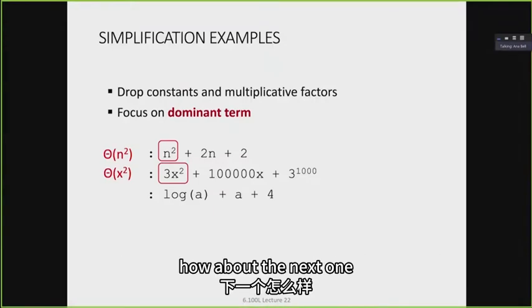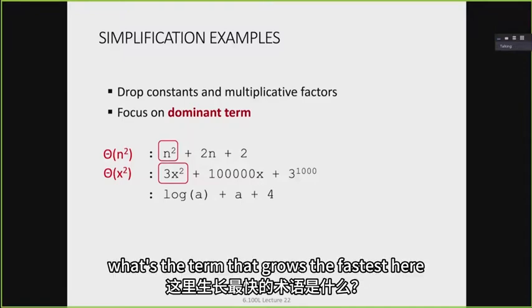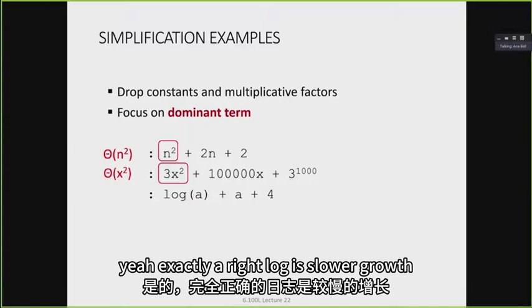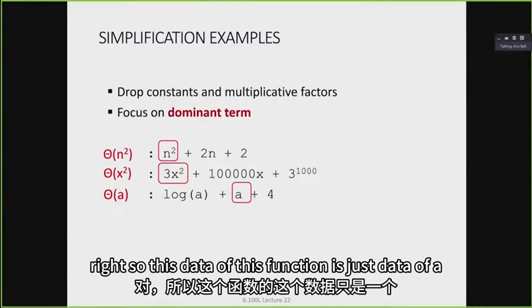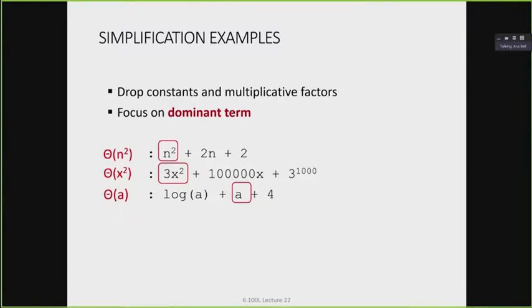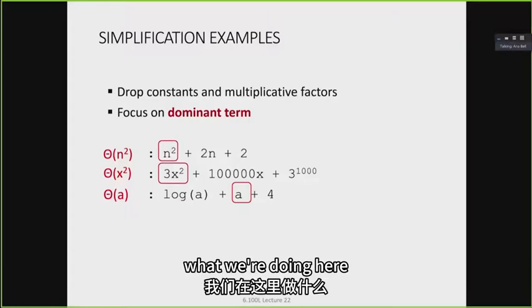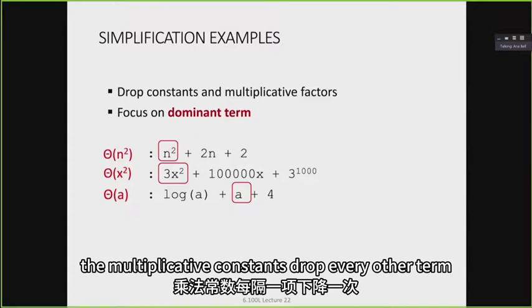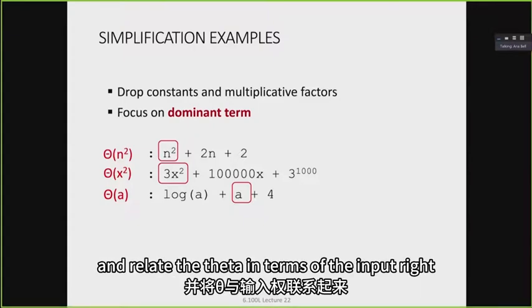How about the next one? What's the term that grows the fastest here? Yeah, exactly, a, right? Log is slower growth, right? So theta of this function is just theta of a. Right? So notice what we're doing here is just focusing on the dominant term. We're going to drop the multiplicative constants, drop every other term, and relate the theta in terms of the input,